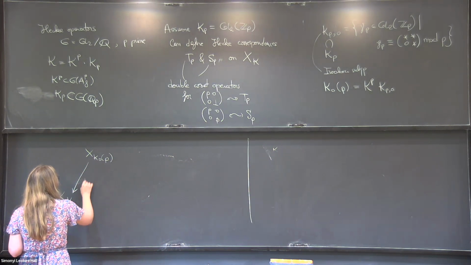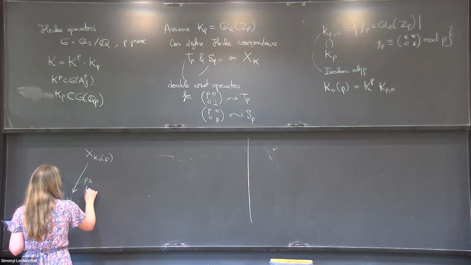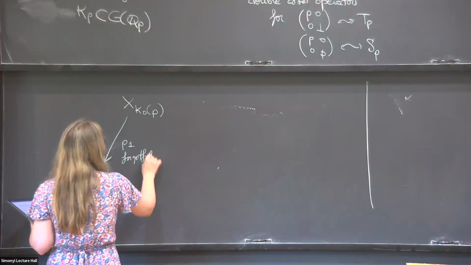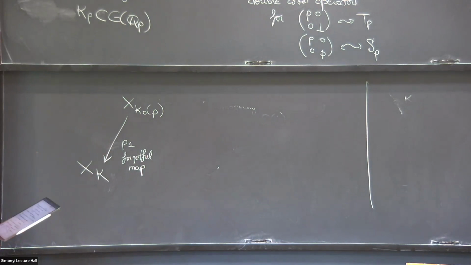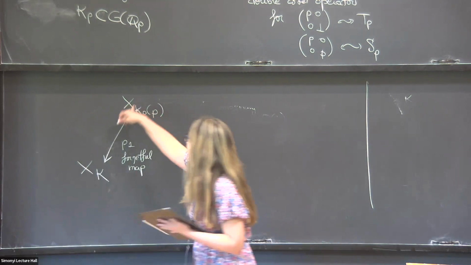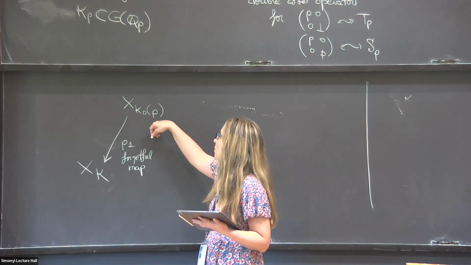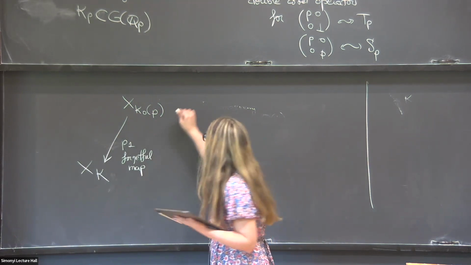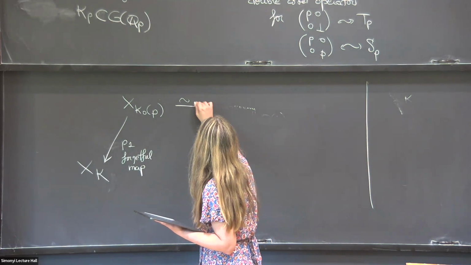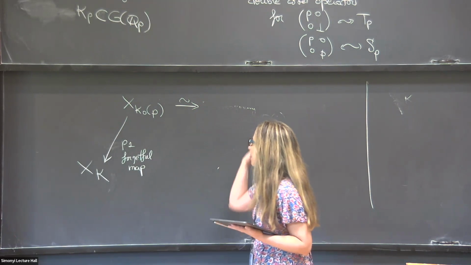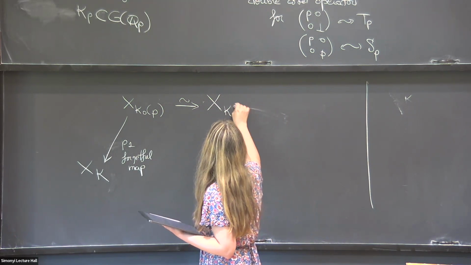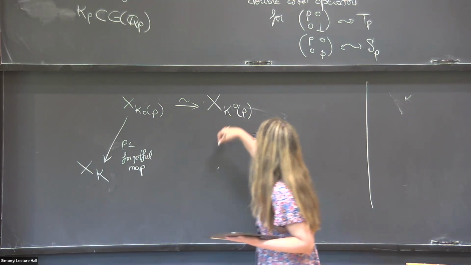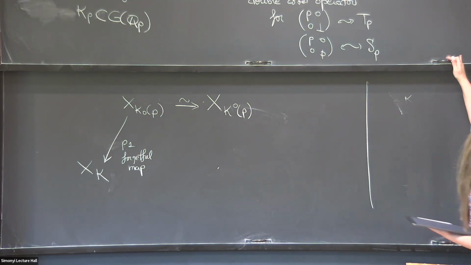And this is the natural forgetful map. Okay, and I'm calling it p_1. And then what I can do is conjugate this by (p 0; 0 1). And if I do this, this becomes isomorphic to the space of level K_0 upper p, where I have the same kind of congruence condition,